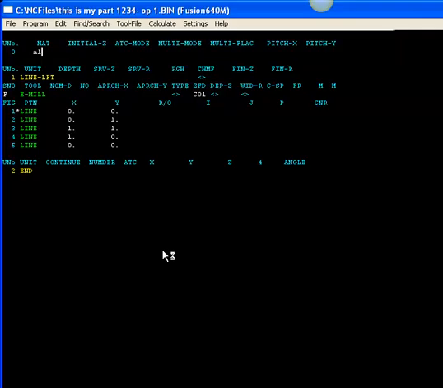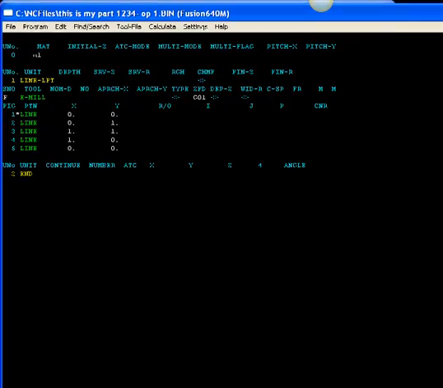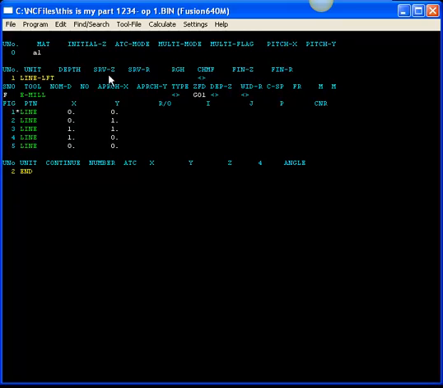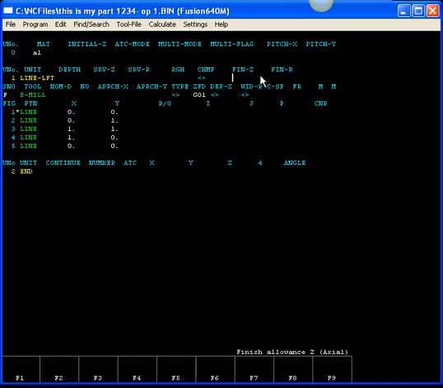This opens up the MasterCAM Editor. Let me go ahead and shrink it to size so we can get a very good look at it. As I click with my mouse, you see that the cursor changes. Now this is a Fusion program, and that's displayed at the top. If this was an M2 program, we can still use the mouse. At the bottom, we have our soft keys, and above that, we have the prompt. So we can change anything we like.